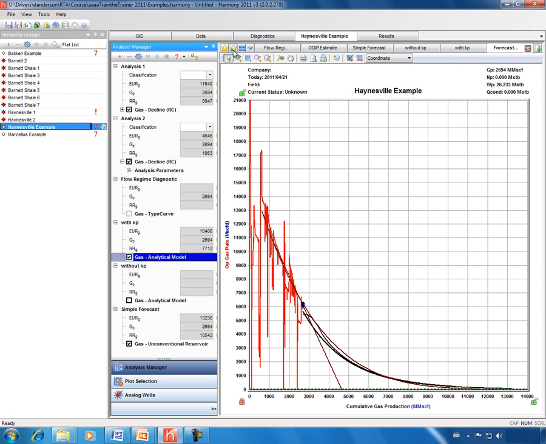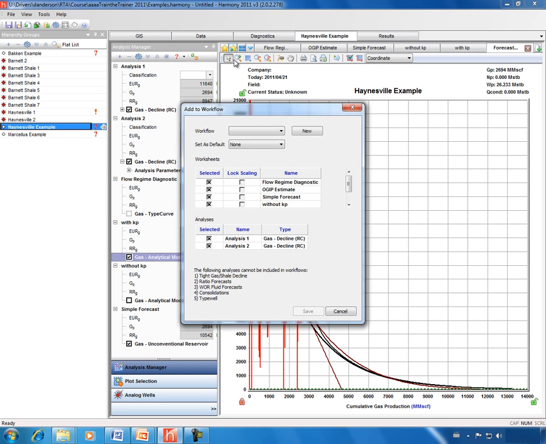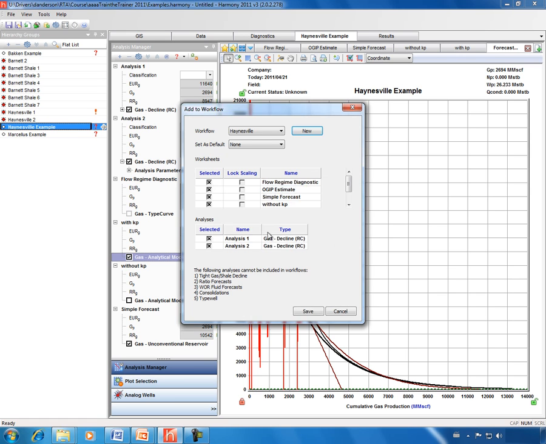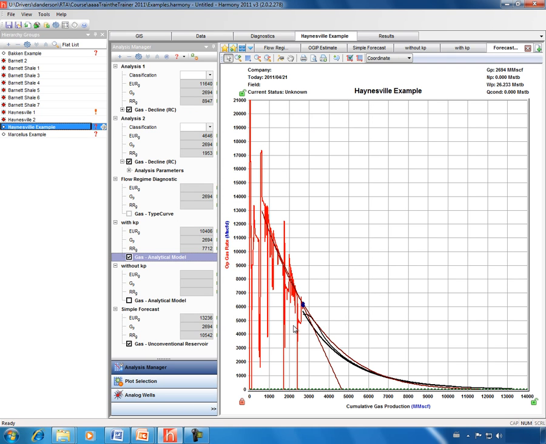In order to do that, we can use this button, which is Add to Workflow. So I'm going to create a new workflow, and I'm going to call it Haynesville. I'm going to hit OK. I can save that workflow. And now when I analyze a new Haynesville well,